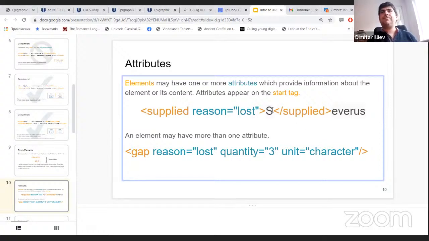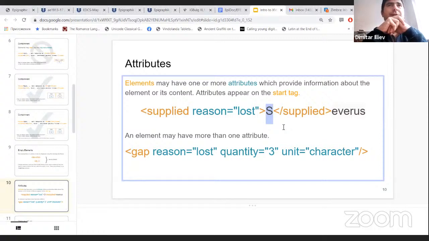For example, if you have in an inscription a name like Severus, and you want to state that the first letter, the S of Severus, is not present on the stone, but we restore it as editors of the inscription, you put the element supplied, but